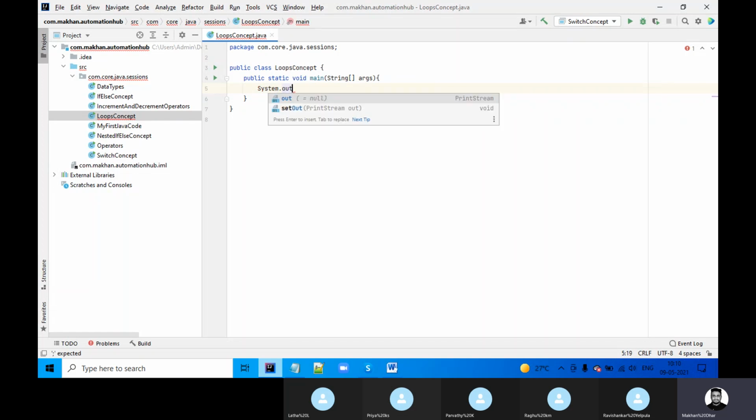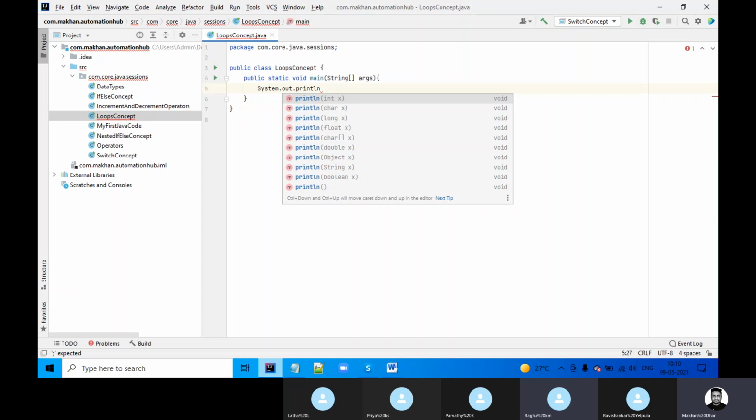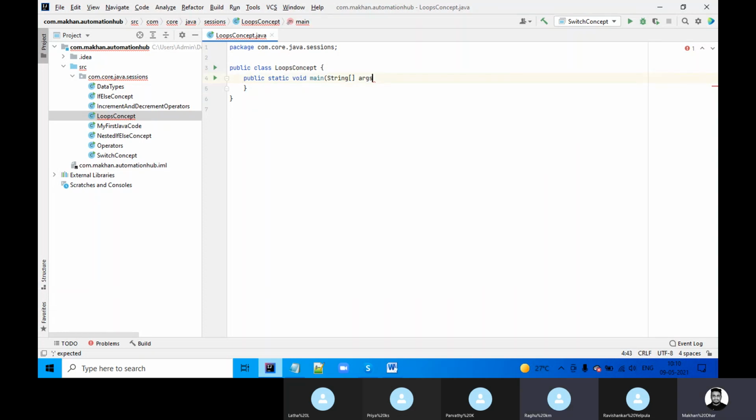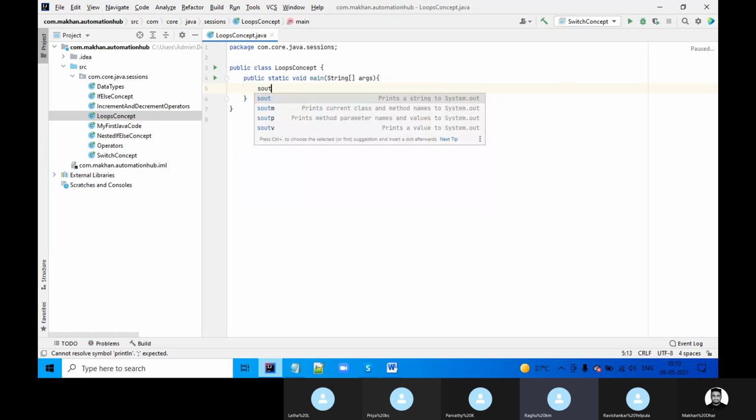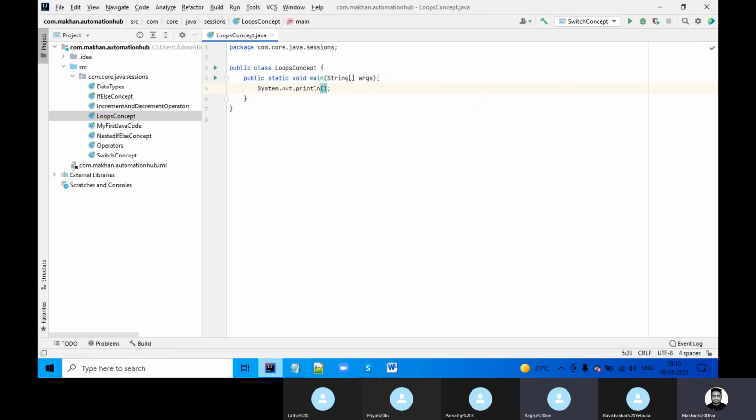System.out.println. For this you can use a shortcut: type SOUT and it will come automatically. Type it in small letters.